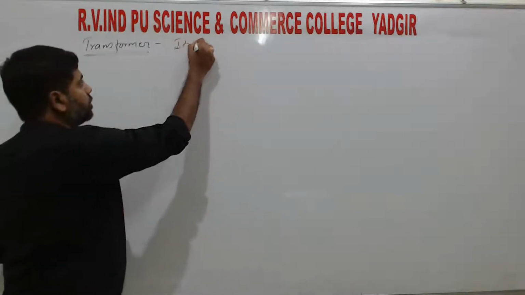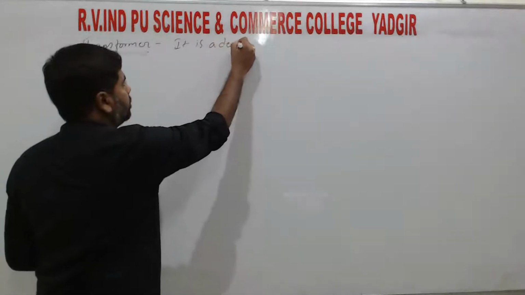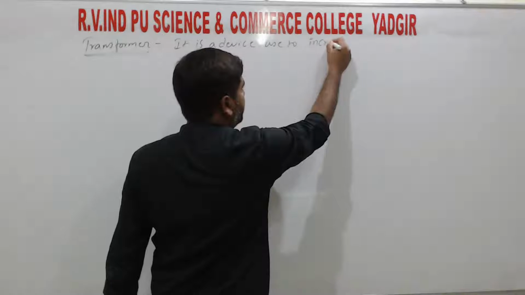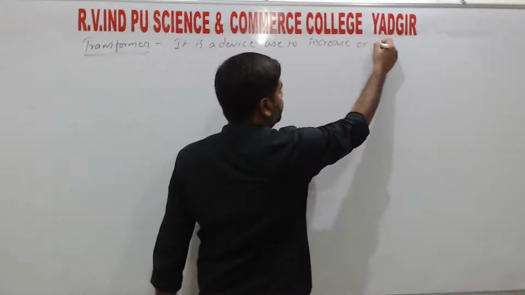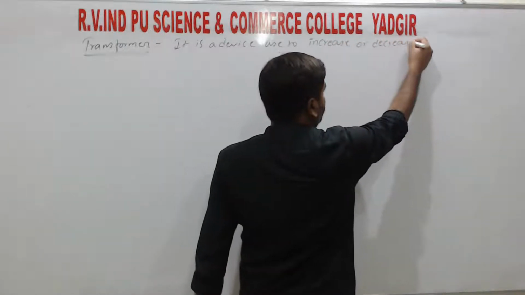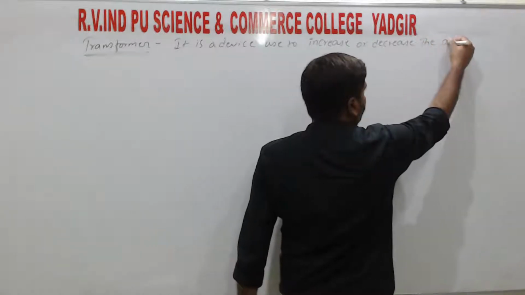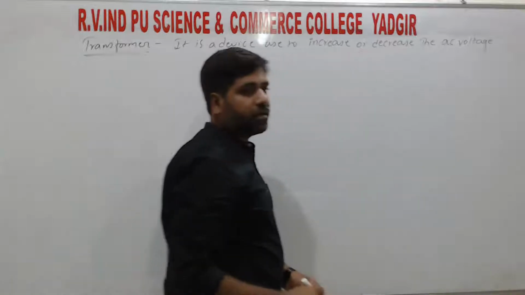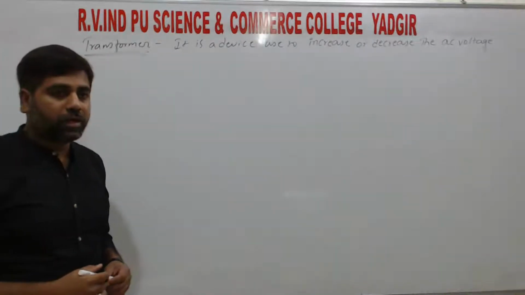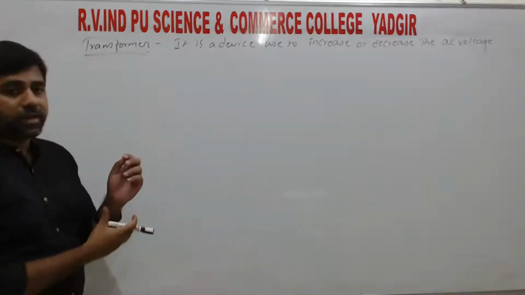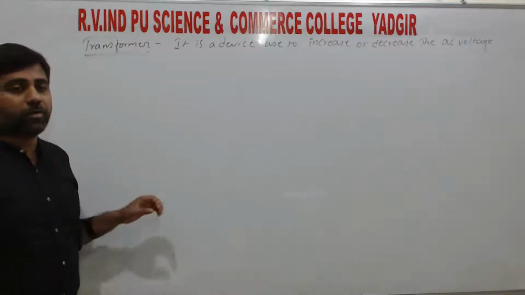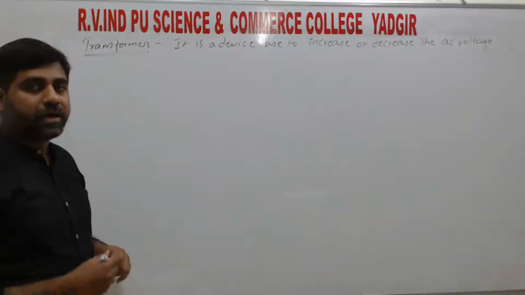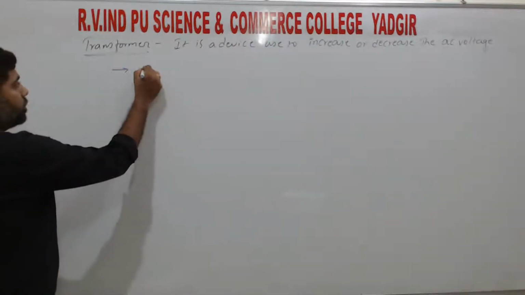So it is a device used to increase or decrease the AC voltage. While studying the advantages of AC over DC, we discussed the topic that is the transformer. So with the help of the transformer, we can increase or decrease the AC voltage, right? So it works on the principle